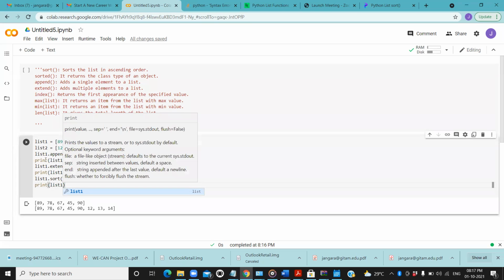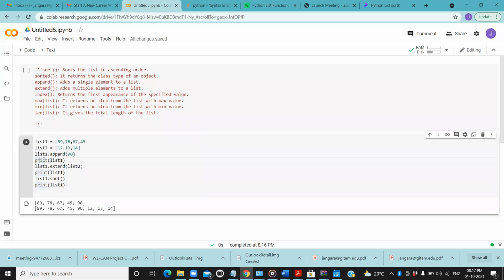Let me comment out the earlier ones so that our output will not be cluttered. I performed the sort operation on list1 and I am trying to print that.